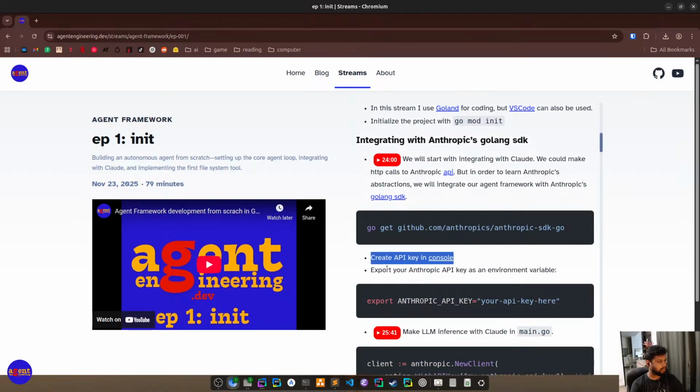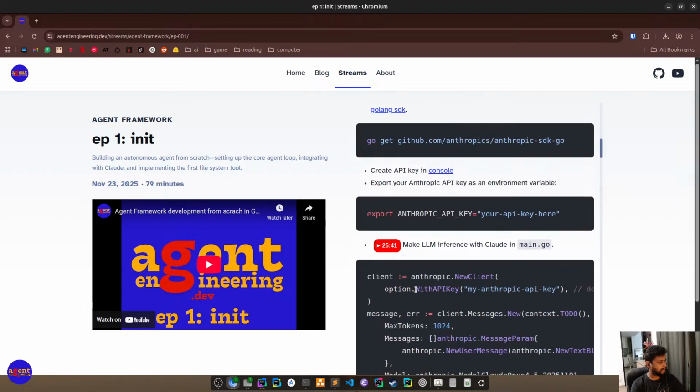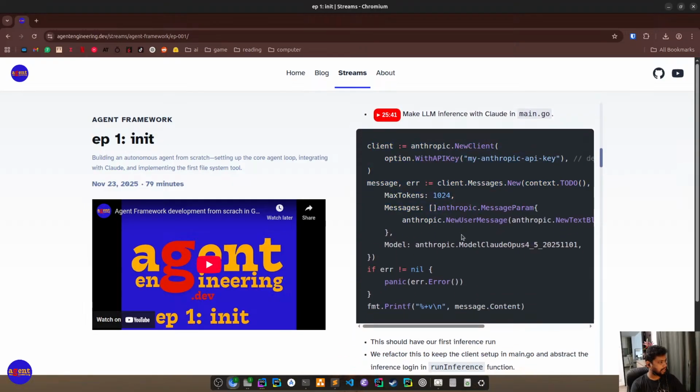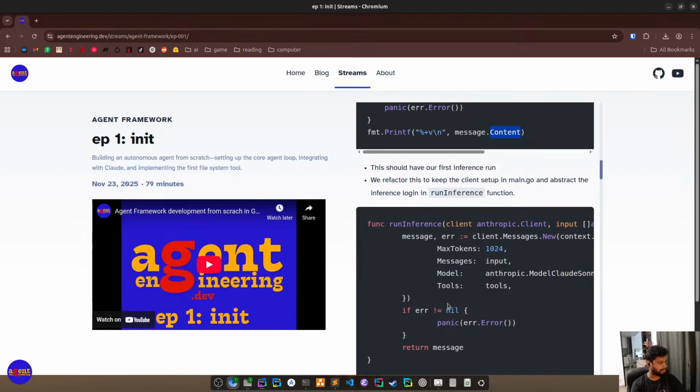Then we created the key, set the key, instantiated the client and sent our first message to Claude. We print the result.